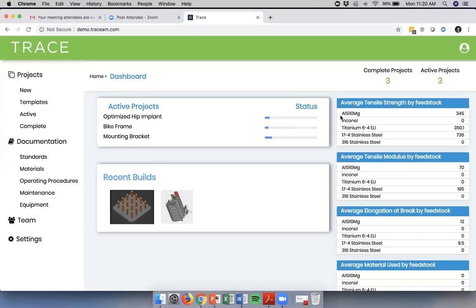But also on the side here, we start to see some of the analytics as we build up that repository of information, especially as you get into ensuring quality across the timeline of builds and machines. So we're tracking things like average tensile strength or modulus, material used. We're also doing more robust analyses, say for instance, tracking energy density input via density of